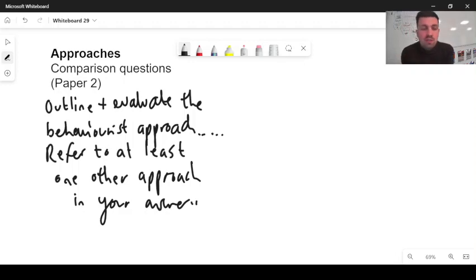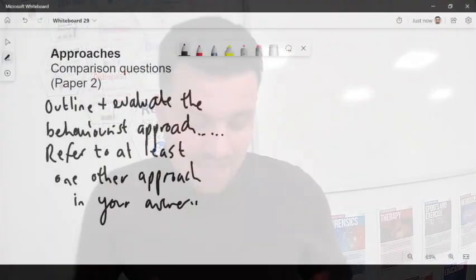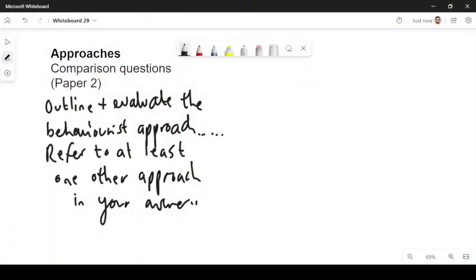So for the other question we just did, doing 2 evaluation points in depth, maybe 3 if you've got time, is probably a good idea. But this particular question, technically, you could just stick to a normal 16 marker, and you could just reference another approach once. So you could do your normal 1 assumption, 2 features, and then you could go, it has practical applications because of therapy, it has research support, which is this,